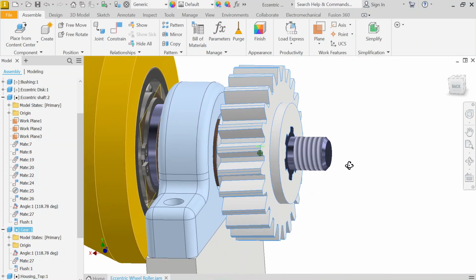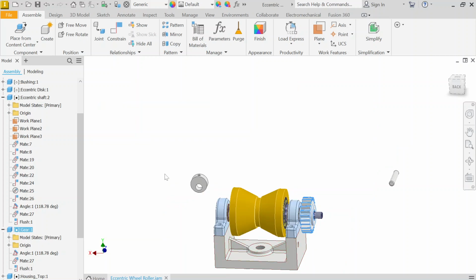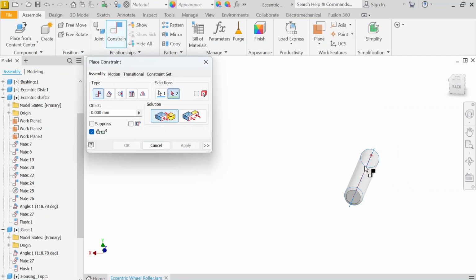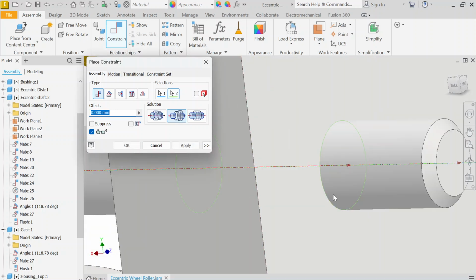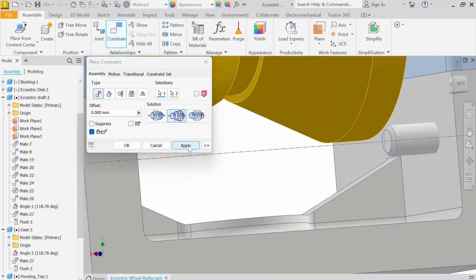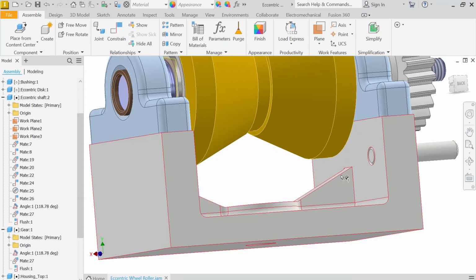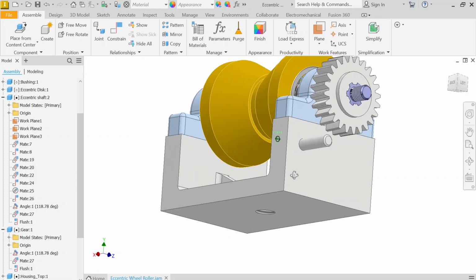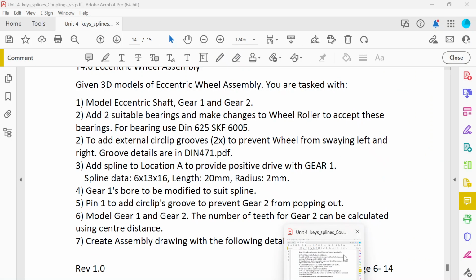Okay, next thing is we want to put in the pin. So the pin, constraint, pin to the hole here. Alright, I'm going to apply, followed by the flat face. Okay, so now I'm going to create the gear. This is gear 1, and create gear 2. So gear 2,